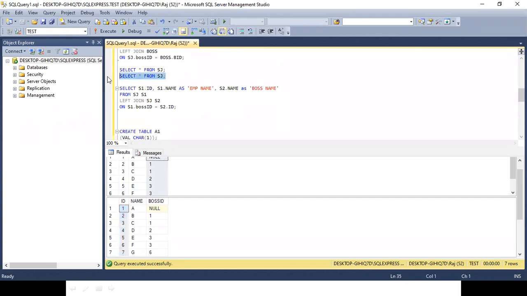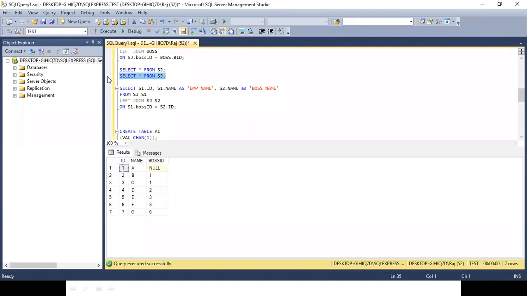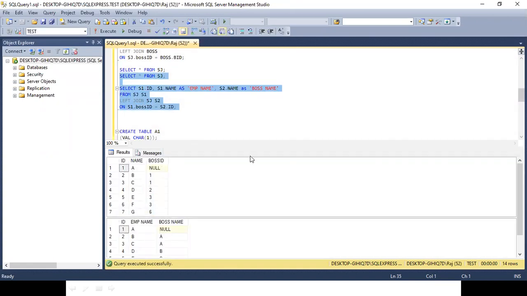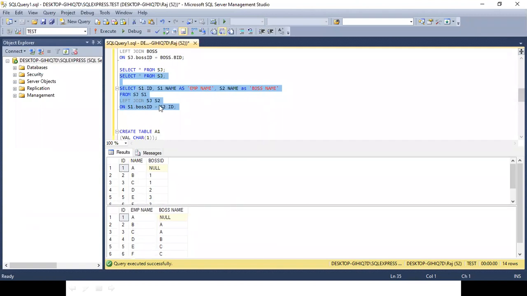Now, let me execute it like this. I can also say I am comparing this column with this column. So there is only one table now, and I am comparing the table by using S1 and S2.